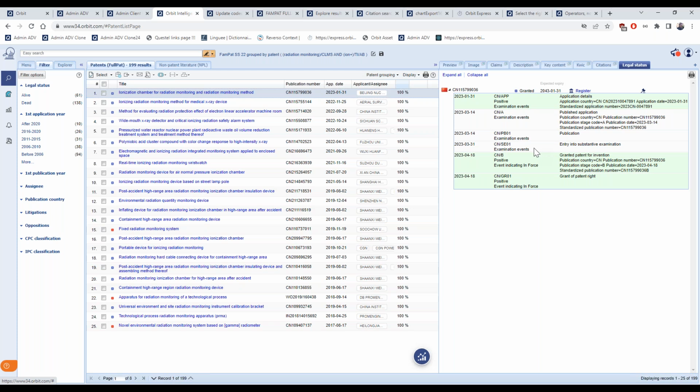Any legal status event. If you are interested in this type of alerts, you can write to help@questel.com, and so the help desk, and we will provide you information about a specific alert that is an optional module that can be added to your account.